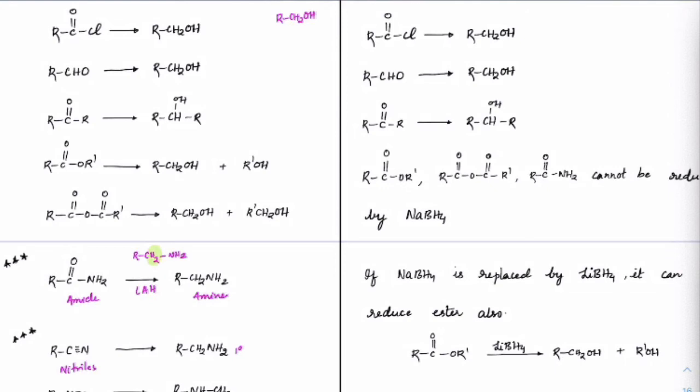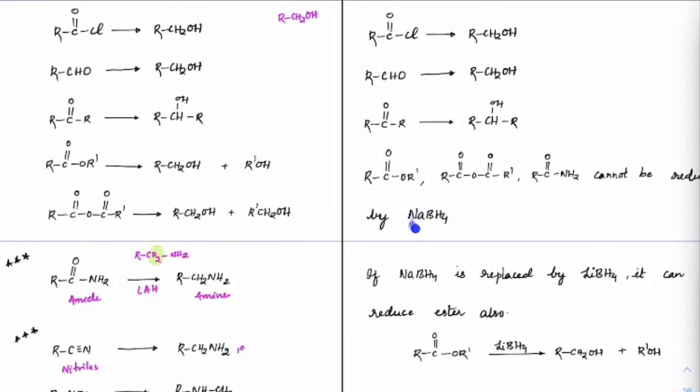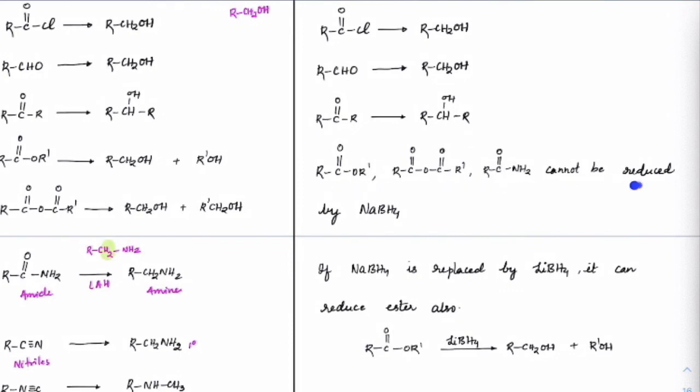And the reason simply is on the basis of how powerful the reducing agent is. NaBH4 is not so powerful that the electrophilicity of carbon is sufficient to get attacked. So carbon's electrophilicity is not very high, but lithium aluminum hydride was a very strong, powerful reducing agent. So that's why it was able to do the reaction which NaBH4 couldn't do. So it cannot reduce any of this.